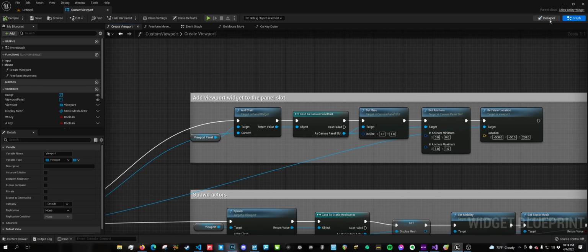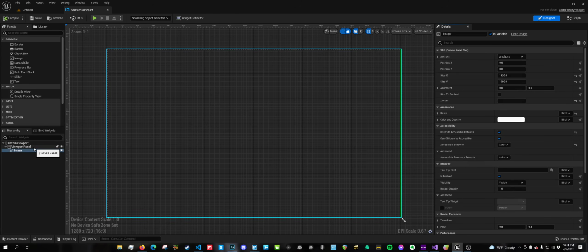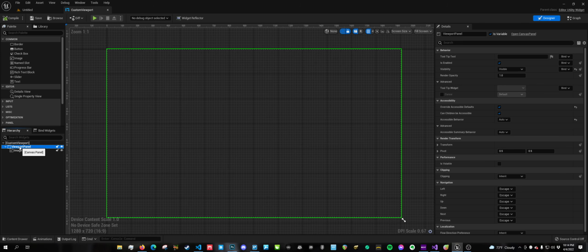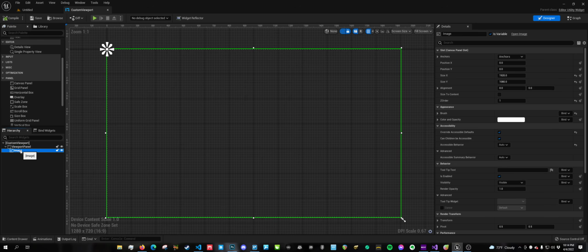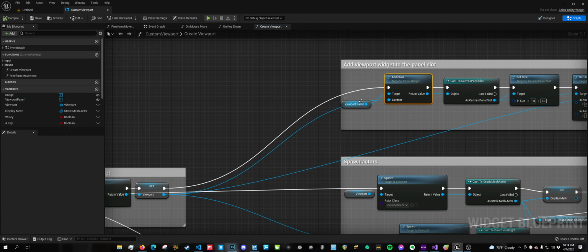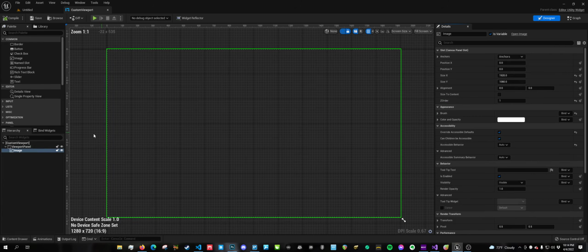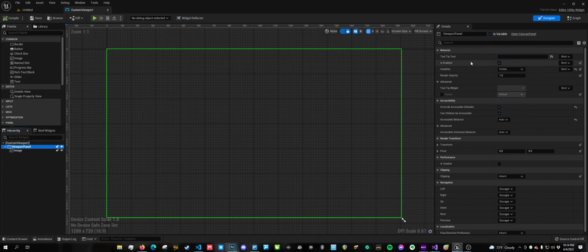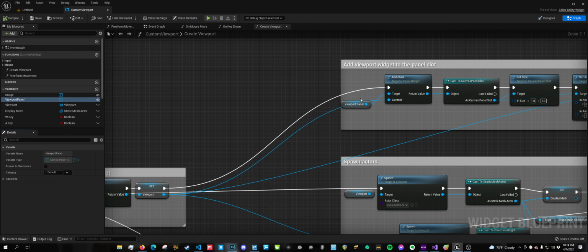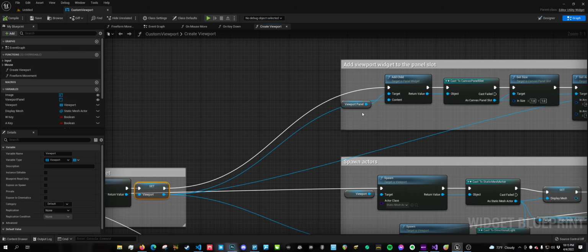Now going up, we need to add the viewport widget to our canvas panel. And if you're not familiar with UMG and how all of this works, we have a viewport panel or any other sort of panel that's on this list here, right? And you add children to that. So we have an image that's a child of it. And you can see that it's going into a canvas panel slot. So we're adding our viewport panel, which is just our canvas panel. I've just renamed it. To do that, you'll need to make sure that your canvas panel is set to is variable up here, right? And you drag it out and you set it to the target, and the content is the viewport. So our viewport's going to get added to our viewport panel,